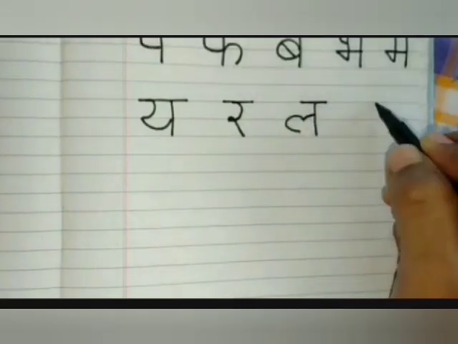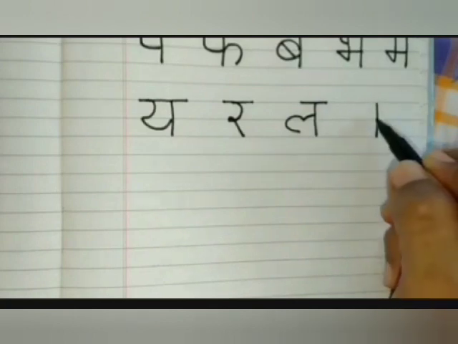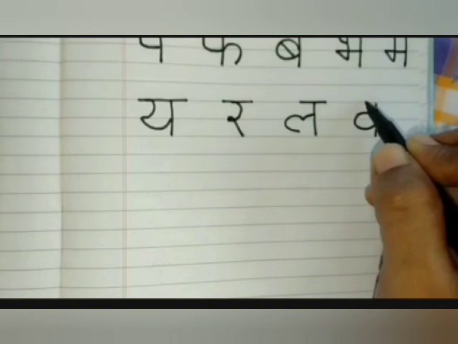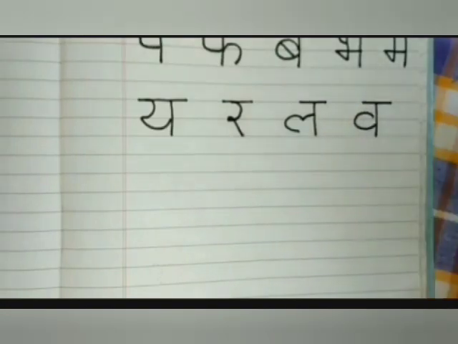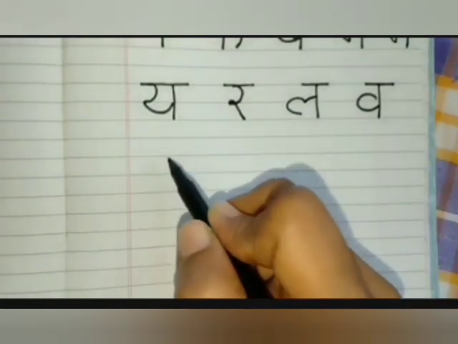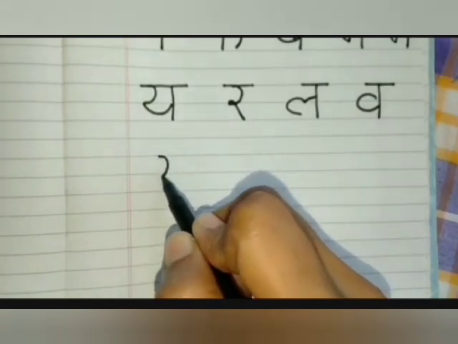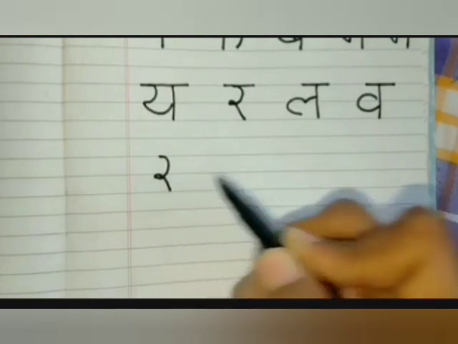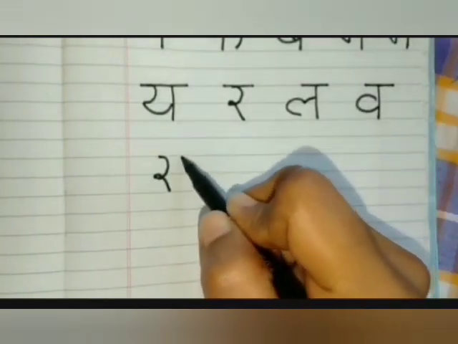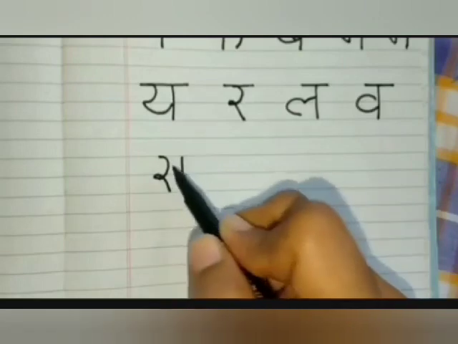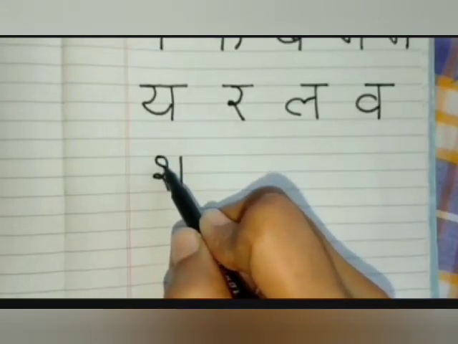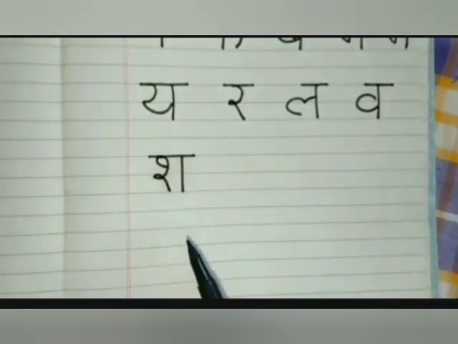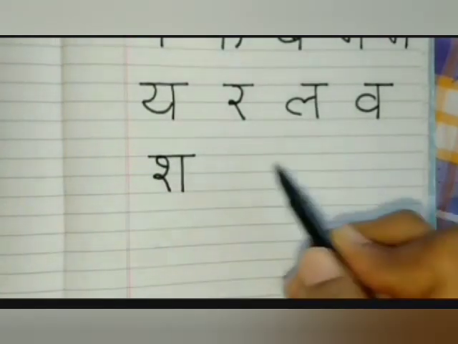Now standing line, circle. From the middle you have to draw a circle and an up slipping line. It is Va. Now Sha. See, curve, then small circle, down slanting line, beside one standing line. Here up you have to draw one small circle and then join both lines. It is Sha.